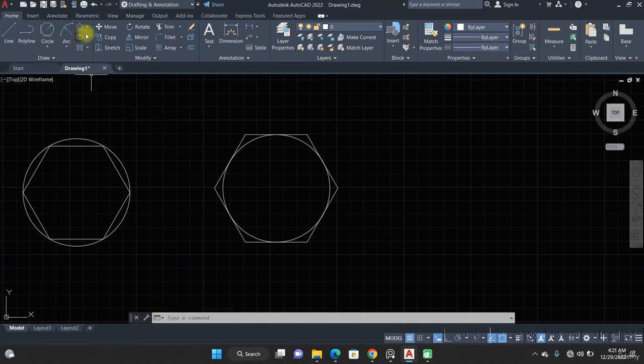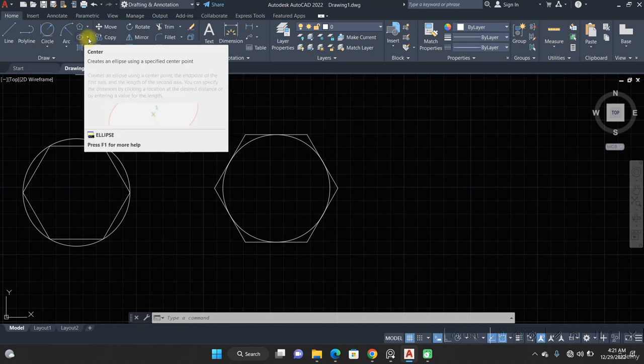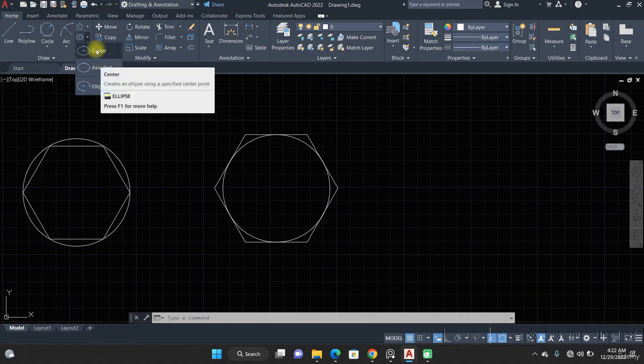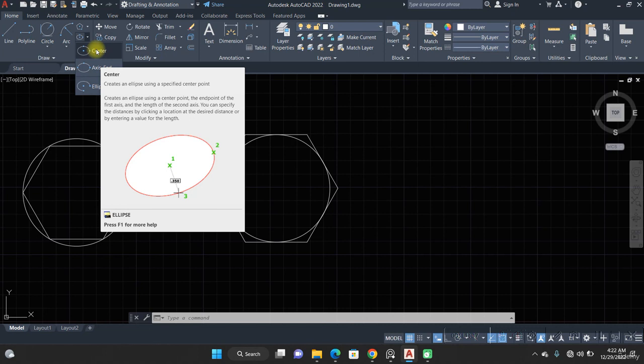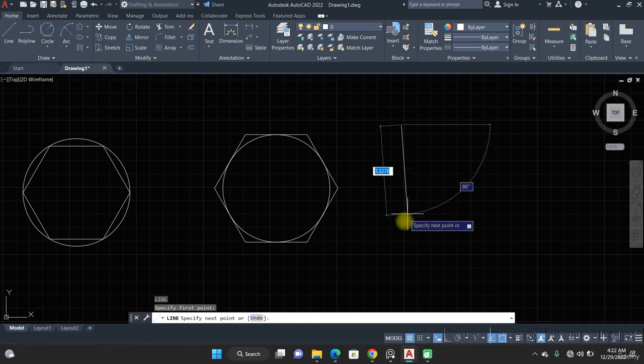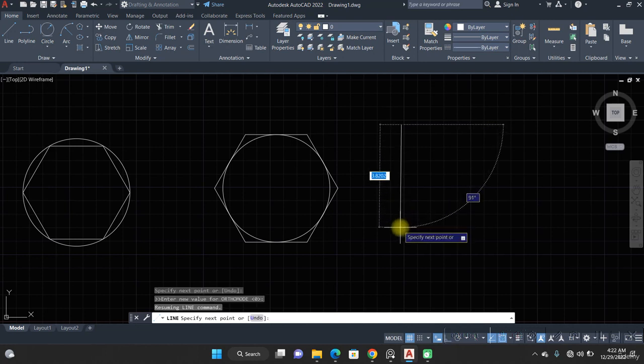Then I have my ellipse. I have 3 ways of drawing the ellipse, of which we'll be looking at 2: the center and the axis end. For the center, you pick the center, then you specify half of the length, then your radius. So for instance, if I have a line,